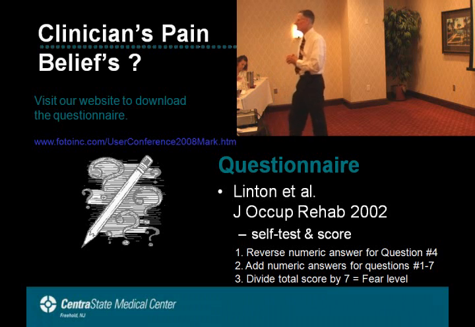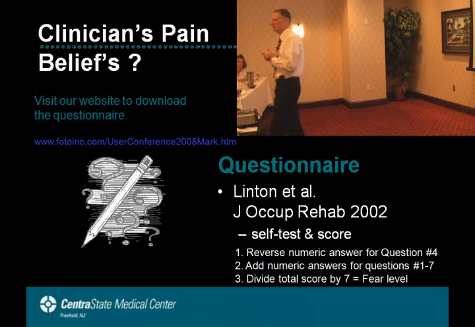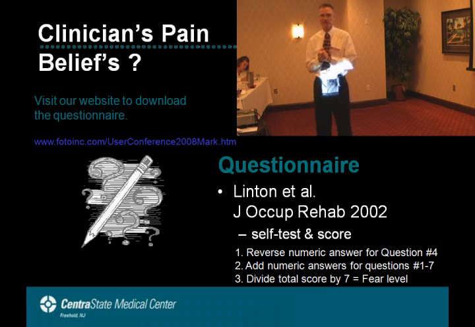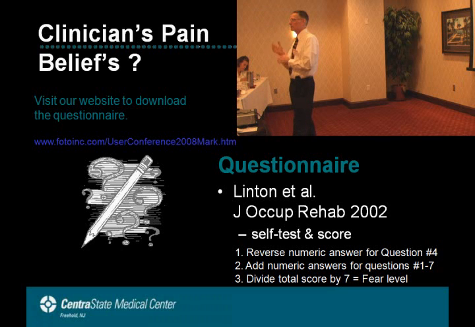I haven't done this since grammar school. But I don't have a calculator, so you just do the best you can. The highest possible score you can get is a 6, and the lowest possible score is a 1. So if you're outside of that, check your math. Well, it's only 1 decimal point, right? So what's 10,000 versus 1,000? That sounds political, but we won't go there. So again, reverse question 4. Add up the first 7 questions, divide by 7.